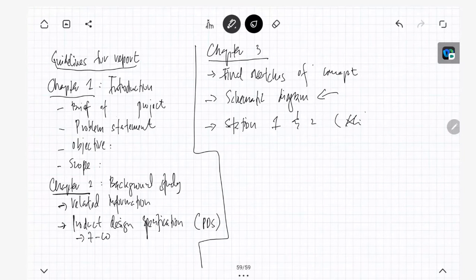Start your work by doing something, for example, your schematic diagram. This is the overall schematic diagram, the whole schematic diagram. Then start individual work. Station one should contain